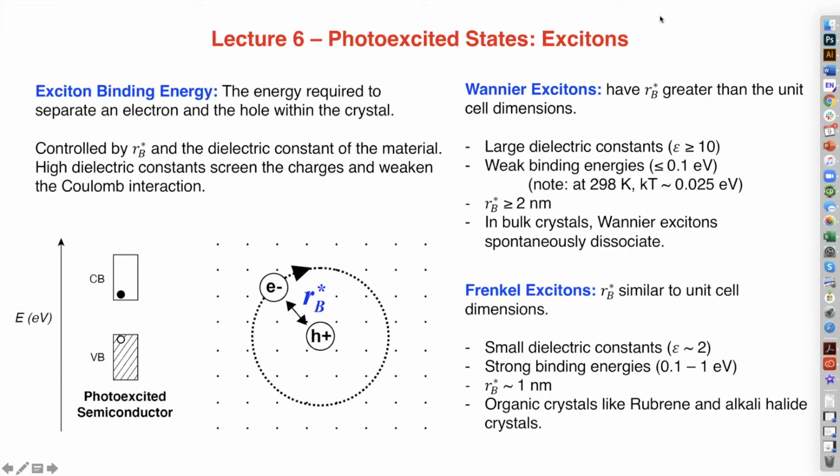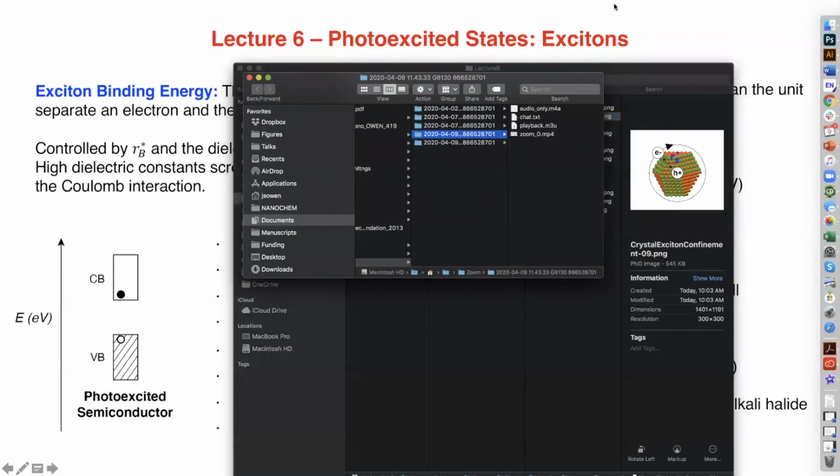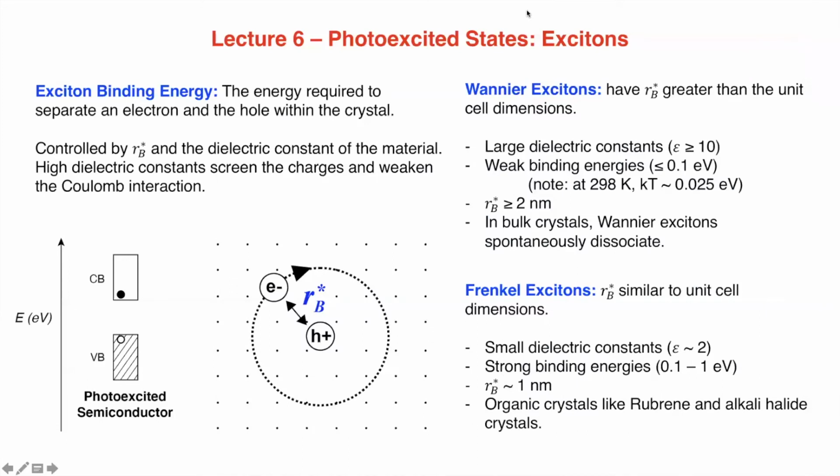And it gives rise to relatively weak binding of the electron and hole. So in the Coulomb picture, the further apart they are, the weaker the interaction, and the dielectric constant further weakens that. So the energy you have to pay to pull those kinds of charges apart is very small, 100 meV or less. And keep in mind that at 298 Kelvin, room temperature, the thermal energy is equal to about 25 millielectron